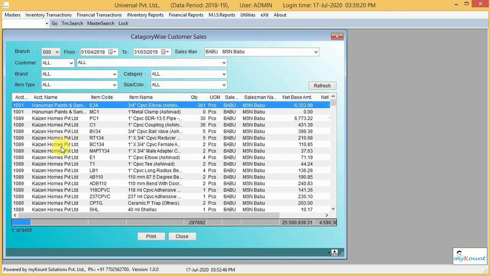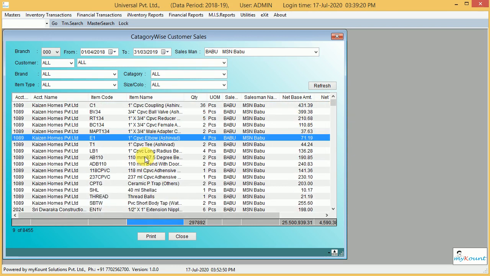By changing these parameters, here 8400 rows are there. These are all the items sold by this person for this particular period. Here you can see for a particular customer in combination with the salesman, or the salesman's particular brand, how much he sold. That also we can see here.